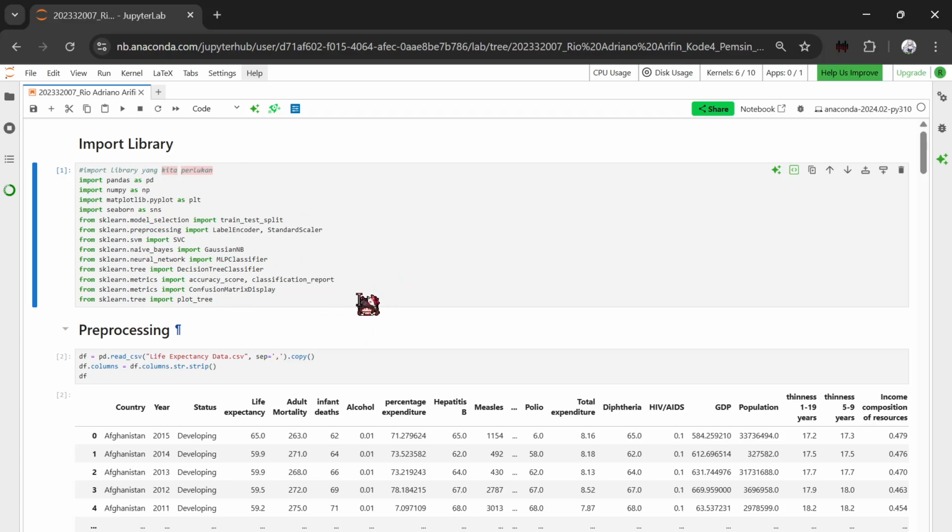Without these libraries, we will not be able to proceed with any of the steps in this project.